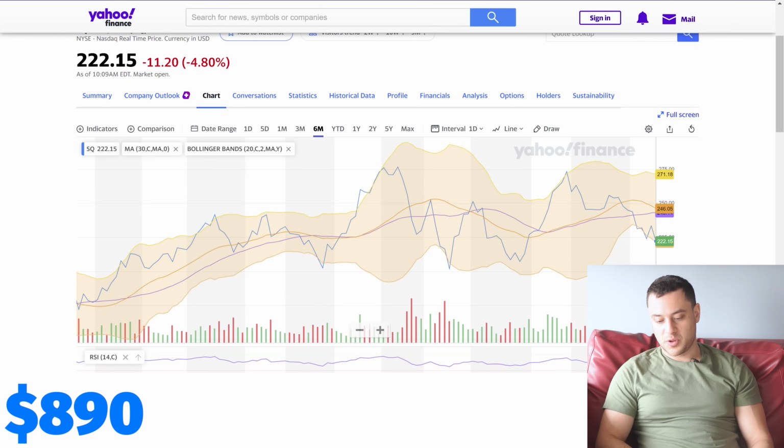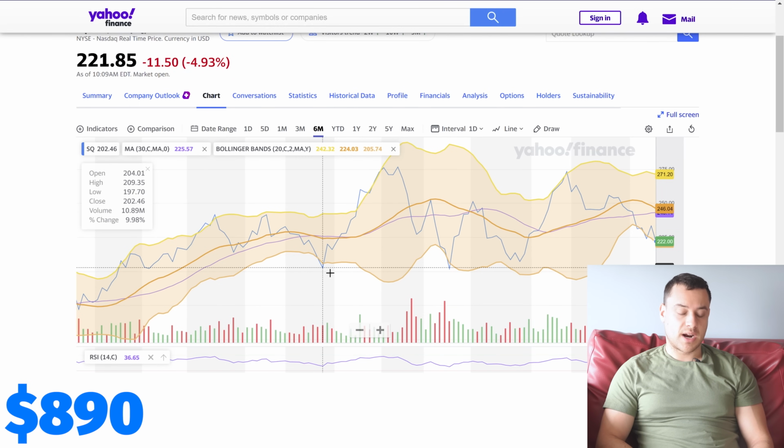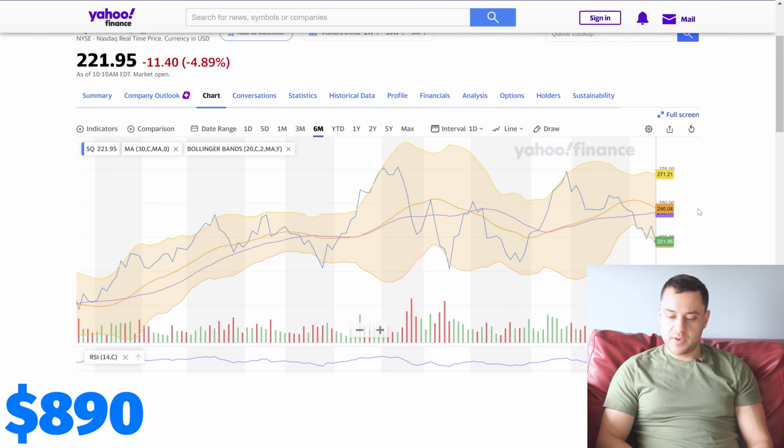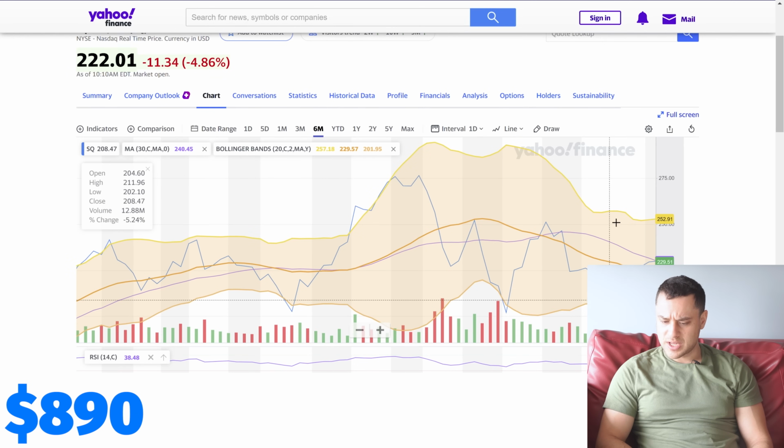And the bottom of its Bollinger Band is about $222. Now, Square has traded as low as about 207 here, and again here at 201. And again, we had a crash here and it was about $202. So I can tell that Square has a lot of support around the 202, about 205 level. Now, if I zoom in, the moving average looks like it's around $229